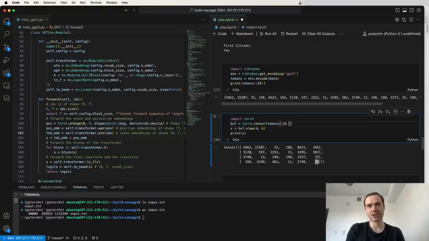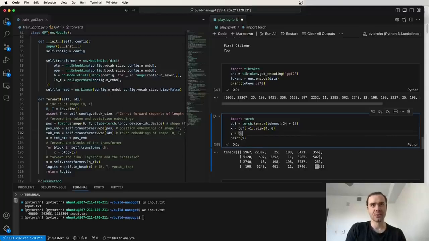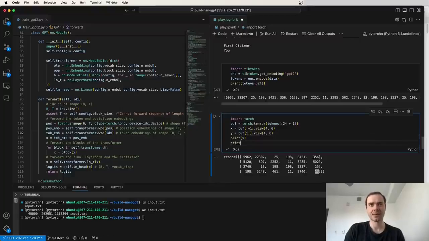And so here's the way that I like to do that. I like to make sure that I fetch +1 token, because we need the ground truth for the very last token for 13. And then when we're creating the input, we take everything up to the last token, not including, and view it as 4x6. And when we're creating the targets, we do the buffer, but starting at index 1, not index 0. So we're skipping the first element, and we view it in the exact same size. And then when I print this,